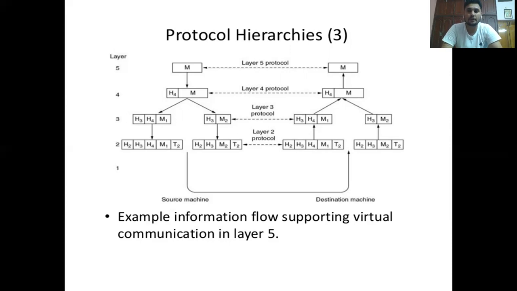So it has to be designed for a certain purpose. There is a purpose for which that particular protocol is designed. The role and the work of that particular protocol is that it has to work in that manner only. So that is the role of a protocol. Certain rules are designed for every protocol. So in every layer, there are certain protocols. That is what we discuss in the next slide.